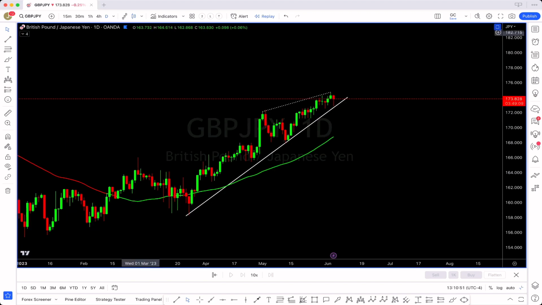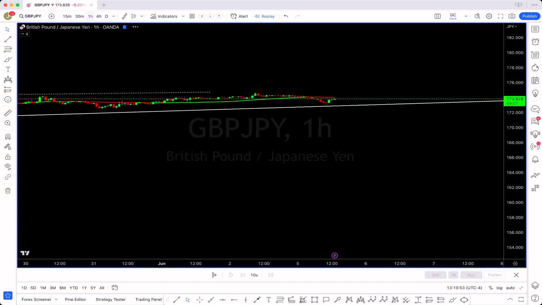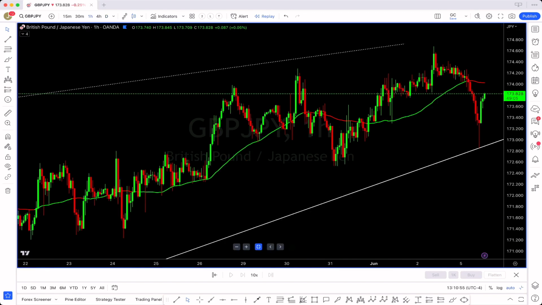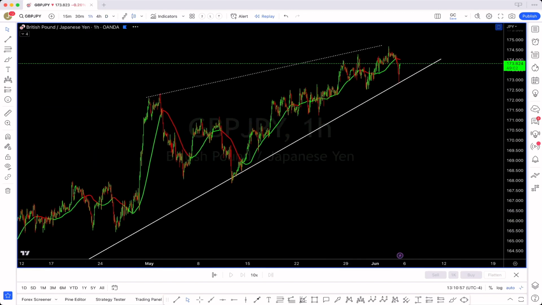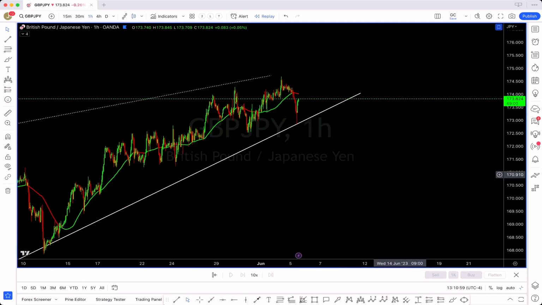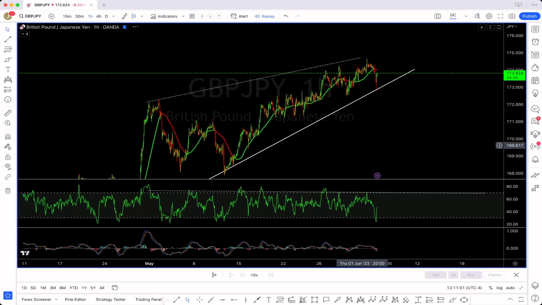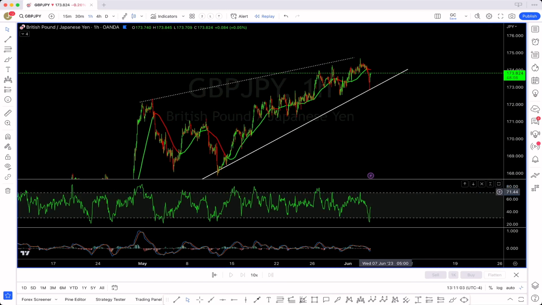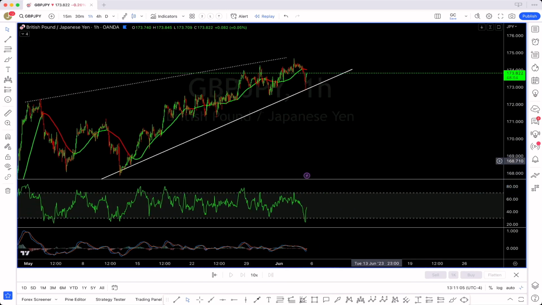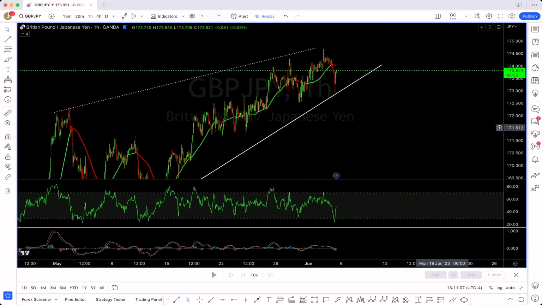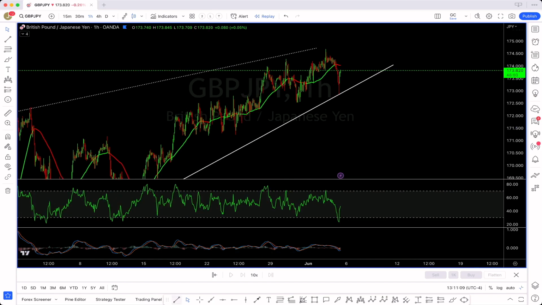But what about on the 1 hour? Do we see divergence on the 1 hour? Let's make this a little smaller. Let's bring up the RSI. Do we see divergence on the 1 hour? I will say yes. So now that's even better. Now let me show you a little trick here for a little scalping situation while you're waiting on the daily